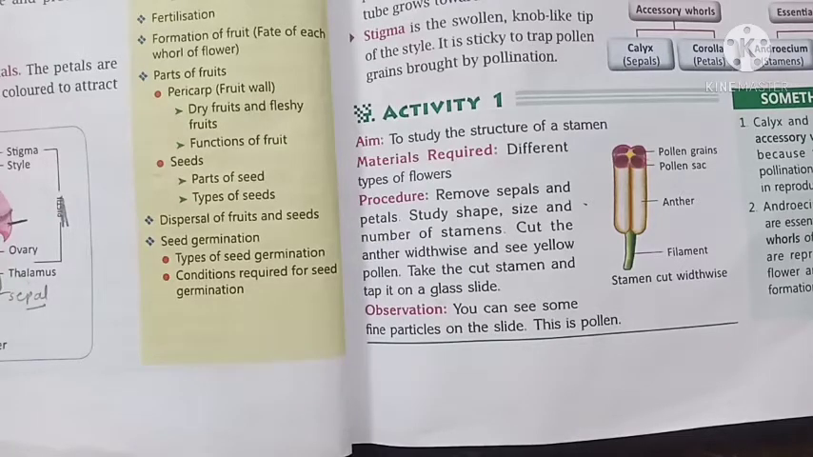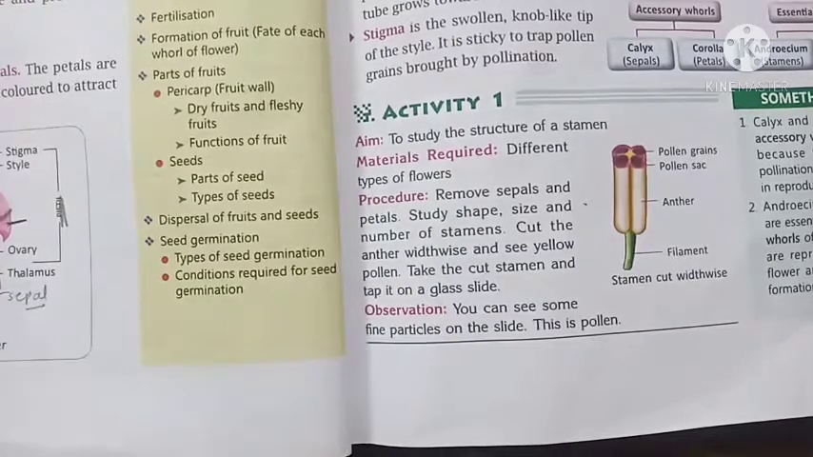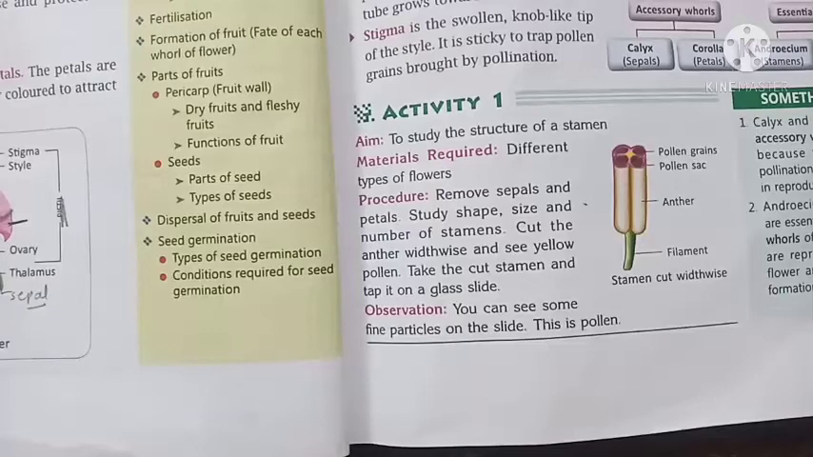Children, today I am going to explain the structure of a stamen. I told you in the previous video what a stamen is. Stamen is the male part of a flower, and all the stamens are collectively called androecium. It is made up of two parts: one thread-like structure called the filament, and